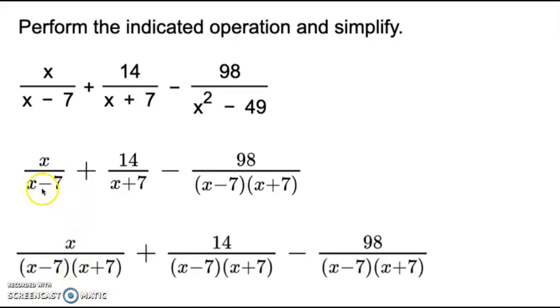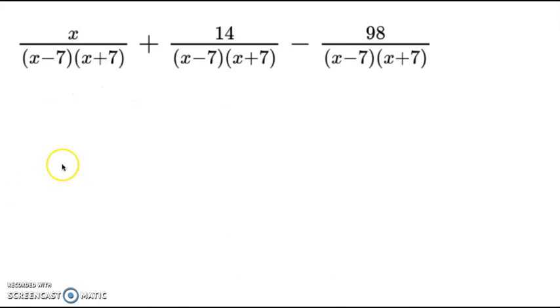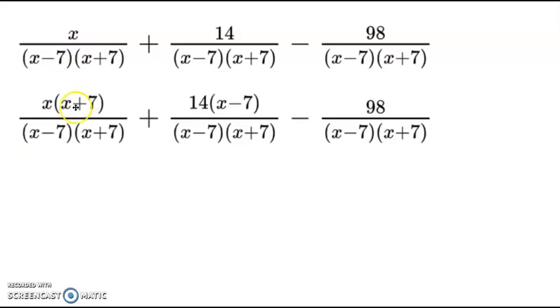To do that, we multiply x minus 7 by x plus 7 for the first one, and we multiply x plus 7 by x minus 7 for the second one. When we do that, we also have to multiply the numerators. So since I multiplied x plus 7 in this fraction, I have to multiply the numerator also by x plus 7. Since I multiplied this denominator by x minus 7, I also have to multiply this numerator by x minus